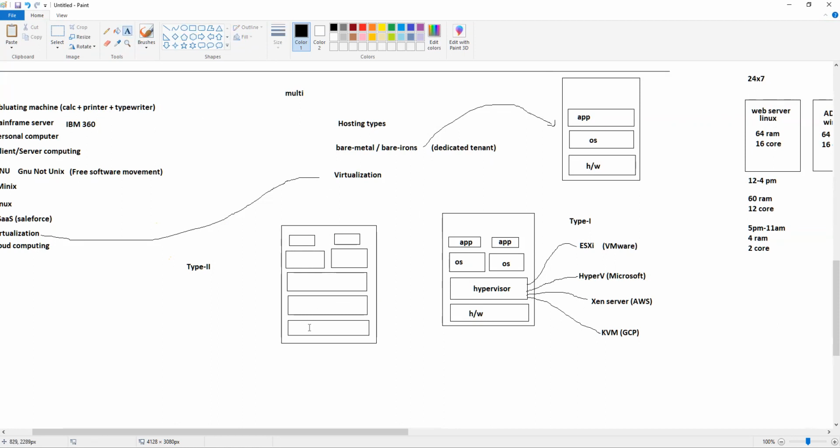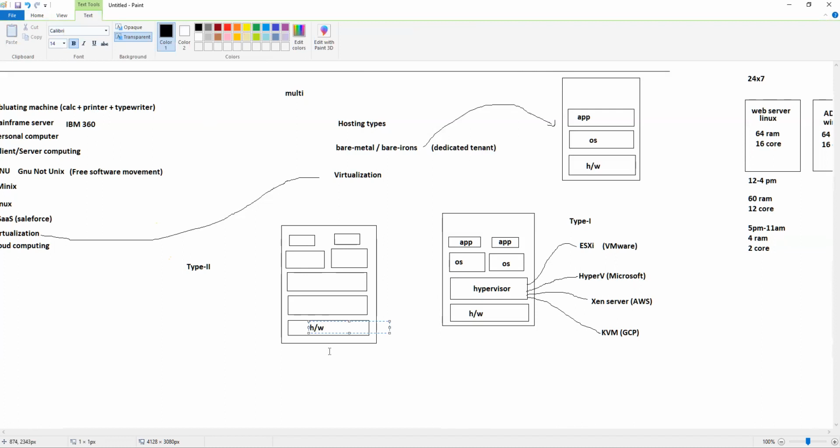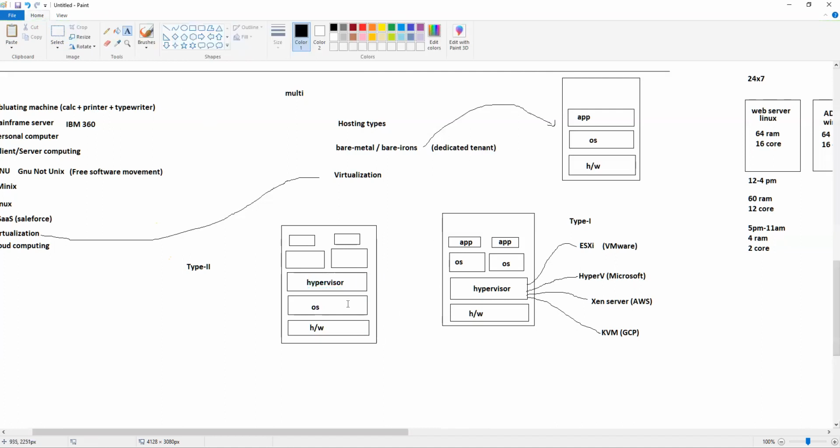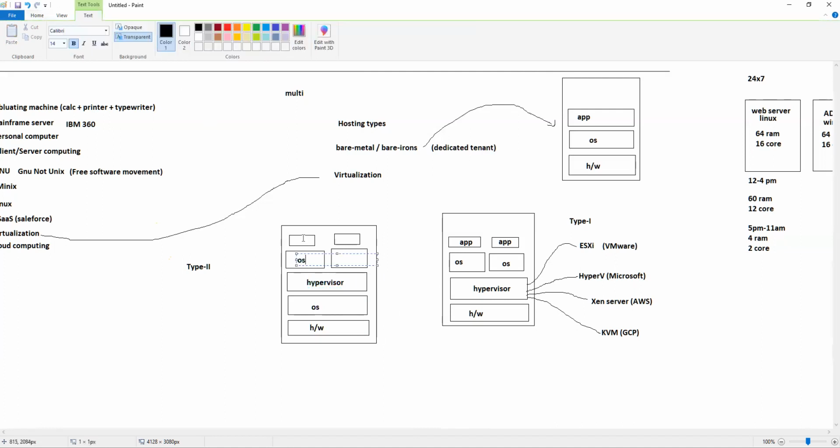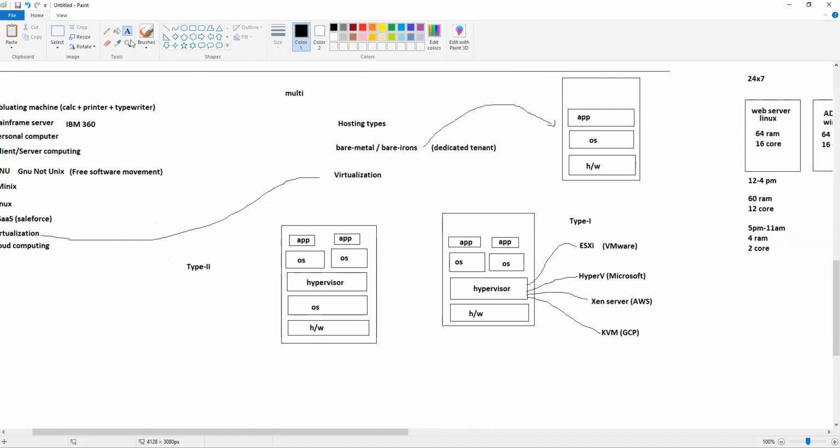Let me quickly put the names. So we have hardware, we have OS, then we have the hypervisor, and then again we have OS. So this is hypervisor type 2, and probably you may have worked with these as well.